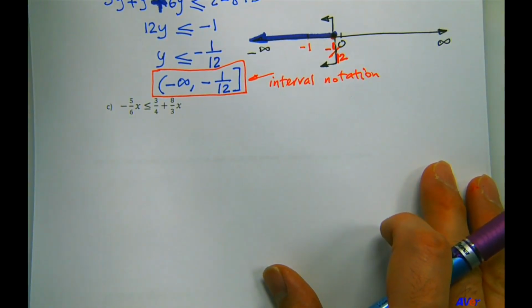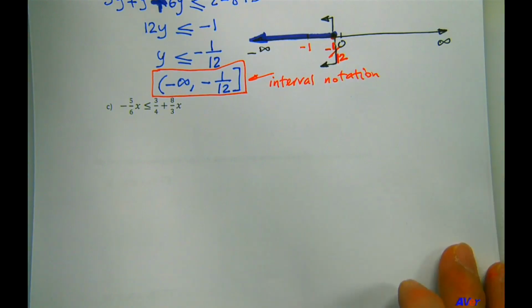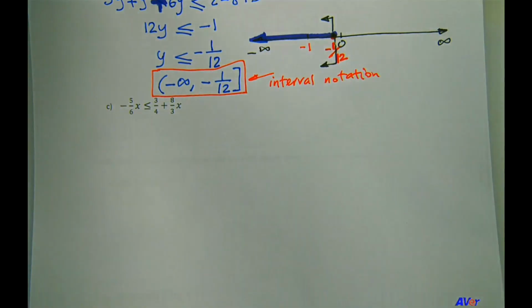Now this expression involves fractions, doesn't it? And nobody likes to deal with fractions, but there is a very easy way of getting rid of the fractions, right? It will simplify the expression a lot if we could get rid of those fractions before solving this inequality. So before I talk about how this is done, let me, on a piece of scratch paper here,